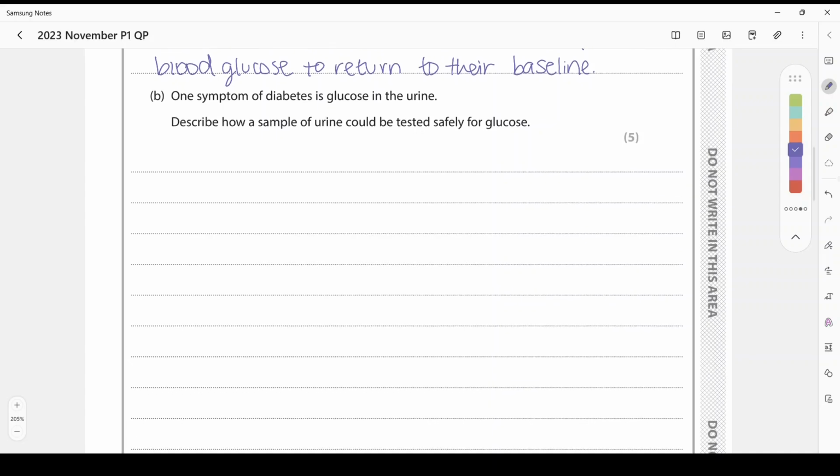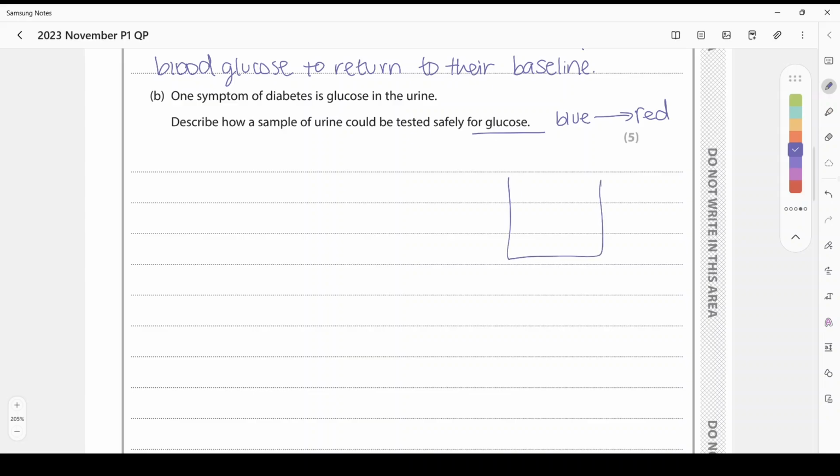Part B, one symptom of diabetes is glucose in the urine. Describe how a sample of urine could be tested safely for glucose. So to test for the presence of glucose, we would undergo the Benedict's test. The Benedict's test starts off as blue, and if there's a lot of sugar, then it'll have a red